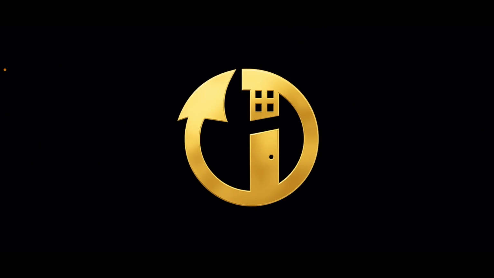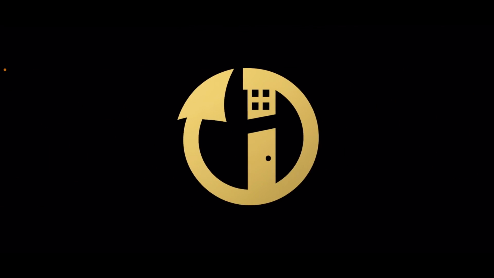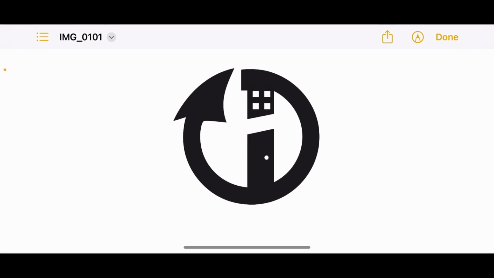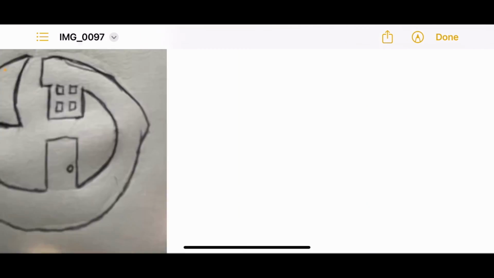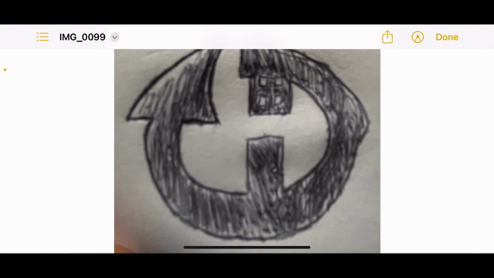In most cases, I might just use this one for the website, and this one if it's a white background, and pretty much just that. But yeah, man, all that started just from having a drawing like this. So pretty much, this is how to make you a good logo. What you want to do is